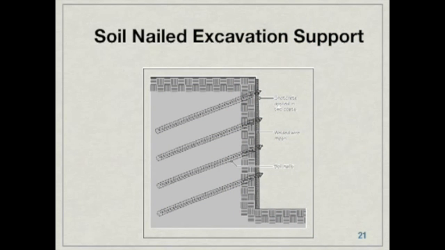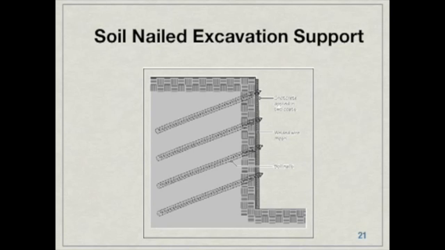Another type of excavation support system is called soil nailing. Soil nailing is simply a means of strengthening the soil by putting closely spaced bars along the soil face. So you're driving these nails into the soil and it increases the cohesiveness of the soil, thereby preventing it from caving in. The way that you do this is there's a few steps to it actually, and the first thing